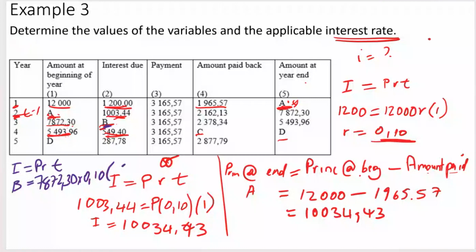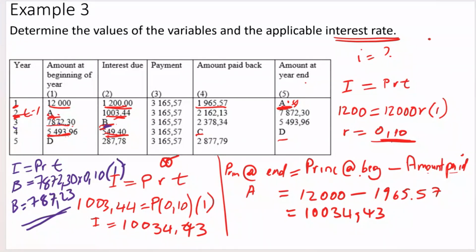The period is for this one period, not 3, guys. Only one period. So your T is equal to 1. So you'll get that your B is just equal to 787.23. Okay, so you don't need to write this formula. You could have just said this multiplied by 10% because you already have your 10%, and then you want to get your